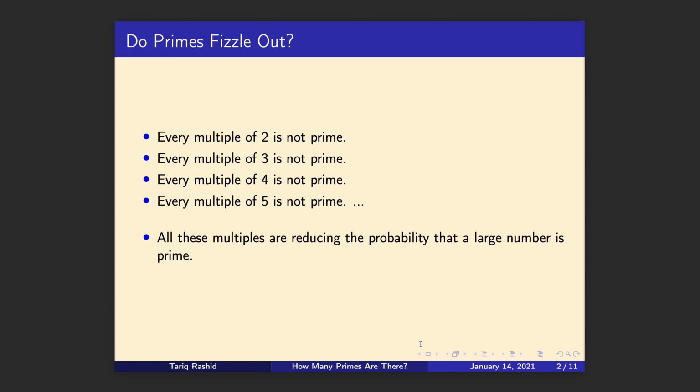That's a vague kind of intuition. Let's look at it another way. If every multiple of 2 is not a prime, because 2 would be a factor, that just leaves the odd numbers. Every multiple of 3 is not a prime. Every multiple of 4, every multiple of 5, and we keep doing this. We seem to be chopping out possibilities. Does that mean eventually we've chopped out all the numbers after a certain point? After a certain point they just fizzle out because all this sieving, this filtering, has covered everything. That's an intuitive thought,